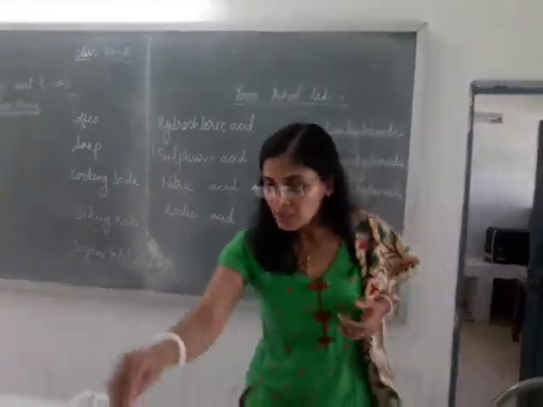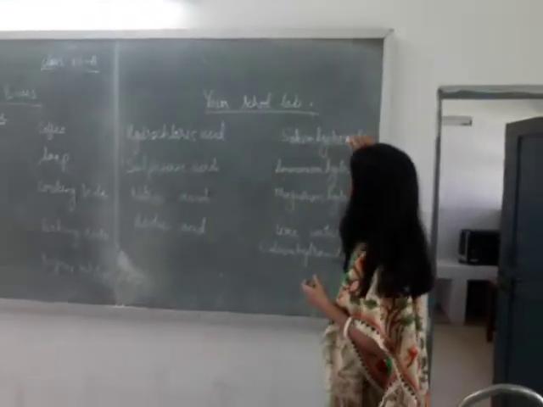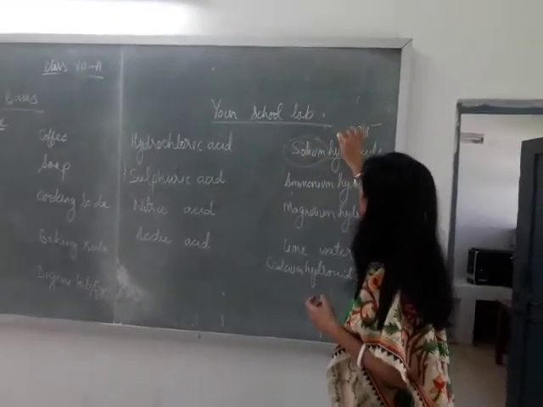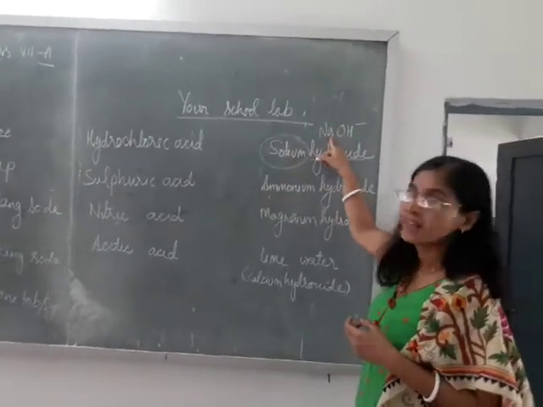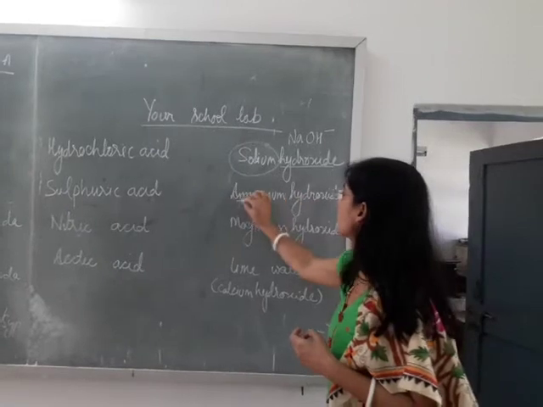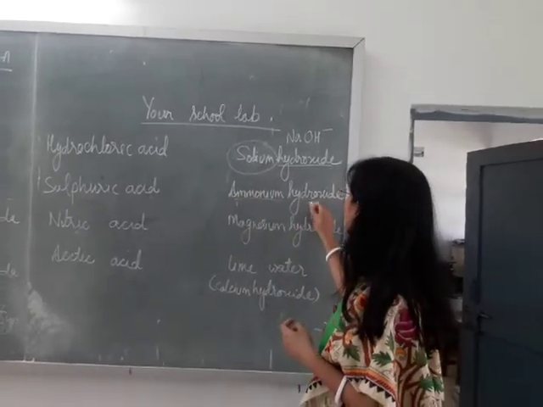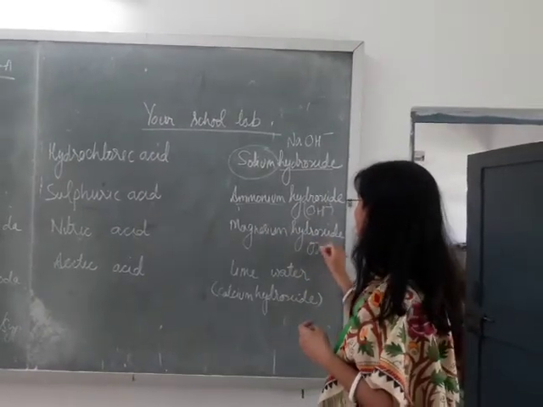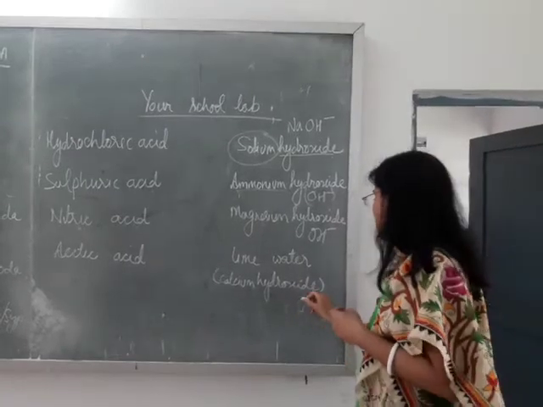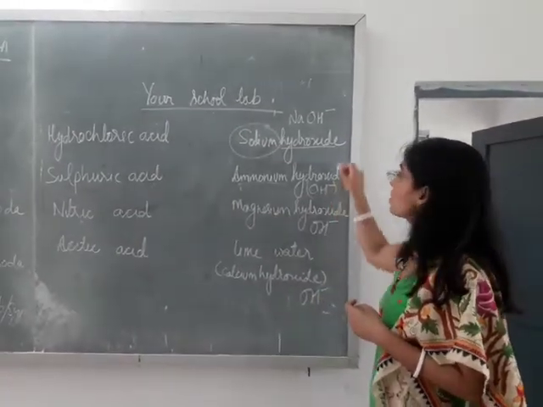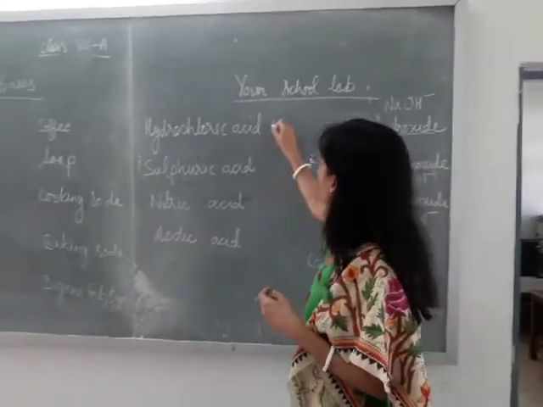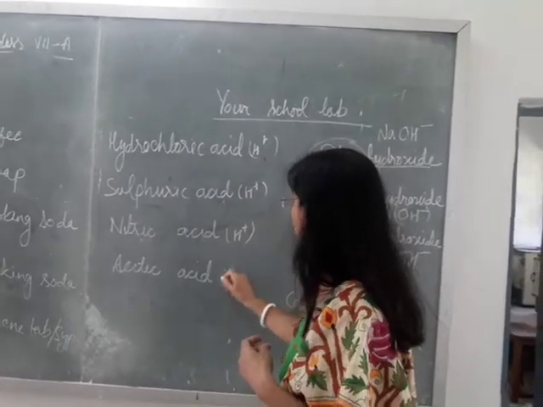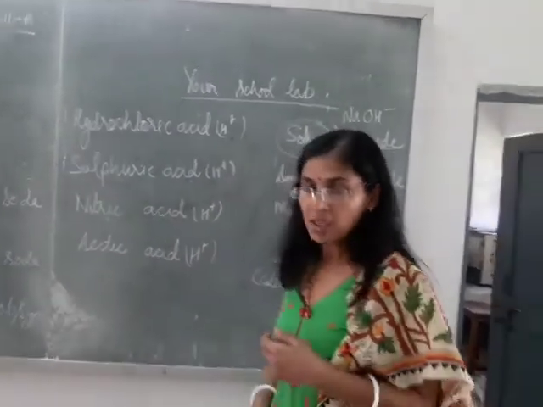So what does it mean? It simply means hydroxides will have oxygen and hydrogen along with a metal with them. Sodium and OH. Ammonium hydroxide, this is non-metallic cationic part, again having oxygen and hydrogen in them. Magnesium hydroxide having OH minus ions, lime water. So all the bases have common OH minus ions in them, whereas the acids all have H plus ion in them. Fine. So this is a very common thing between the acids and between the bases.